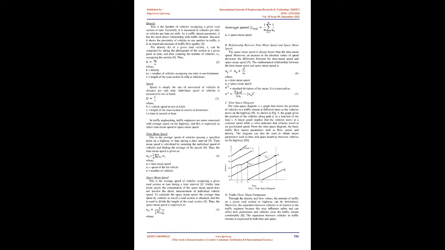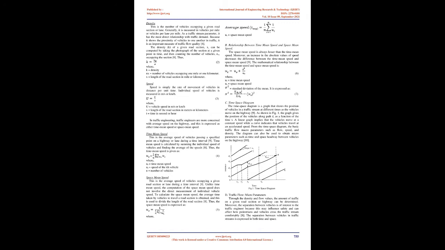The separation between vehicles in traffic streams is expressed in both time and space. Time headway is the difference between the time the front bumper of a vehicle passes a point on the highway and the time the front bumper of the following vehicle passes the same point. The time headway is measured in seconds, and it is represented as h. For a flow q measured over a time t, all the time headways obtained during this period can be given